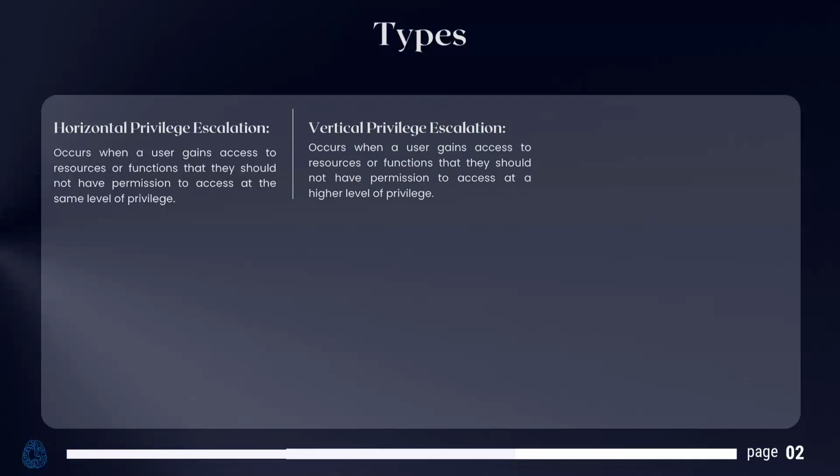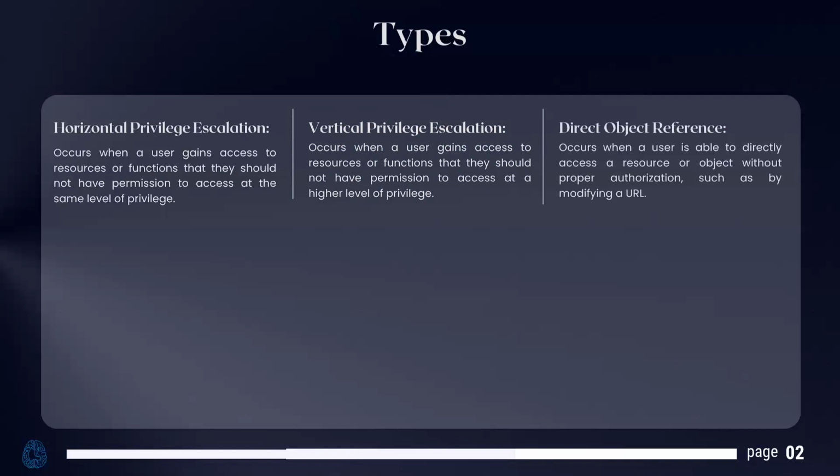But by using default passwords, brute force attacks, or something like that, they are able to find the admin page and also bypass the admin page, then get access to all the admin rights, and it is known as vertical privilege escalation. Now, go to direct object reference. When a user is able to directly access the resource or the object without proper authorization, such as modifying the